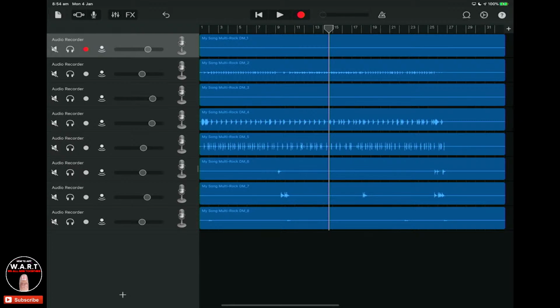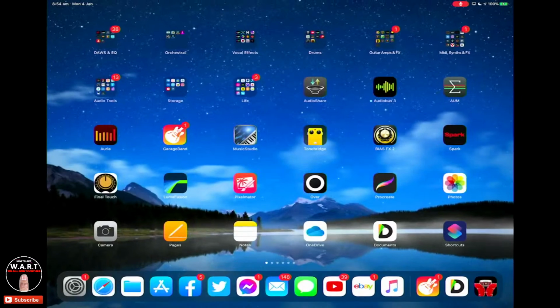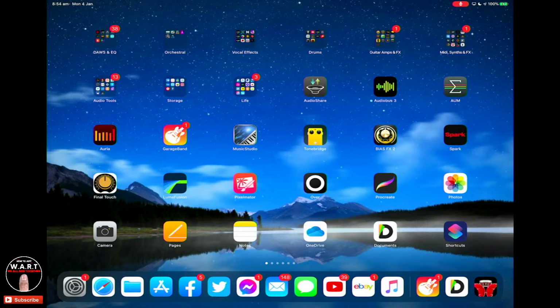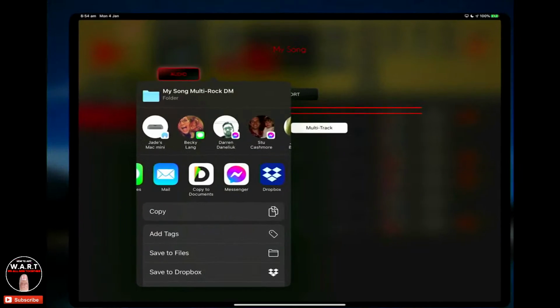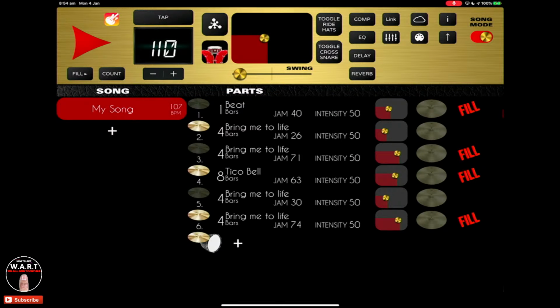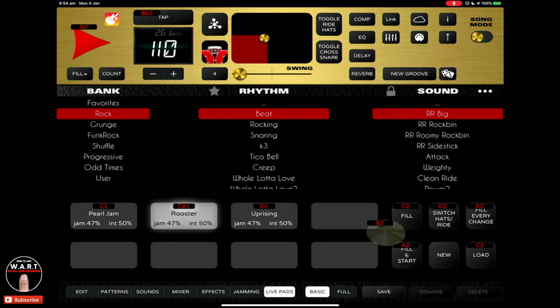I like it. I think it's groovy, and as I said, if you want to go back and get a little bit more in depth of all the buttons and stuff of this app, just go back and watch the previous Soft Drummer and Funk Drummer one, where I definitely go into more of all of the buttons, the layout, and all that kind of stuff. So I thought I'd just do